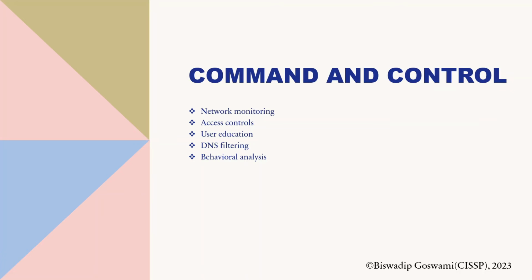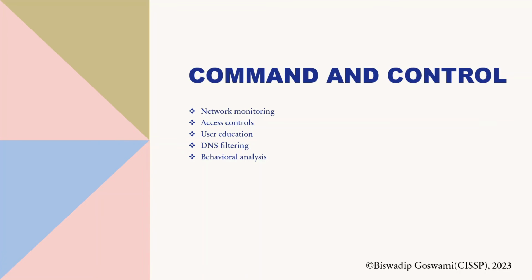actions. Access control. Implementing strong access controls such as firewalls and IDS can prevent attackers from gaining access to your system in the first place. This can make it more difficult for them to establish a command and control channel. Educate the users on safe mail and browsing habits, which can help prevent the establishment of a command and control channel. Teach users not to click on suspicious links or download unknown files, and to report any suspicious activity